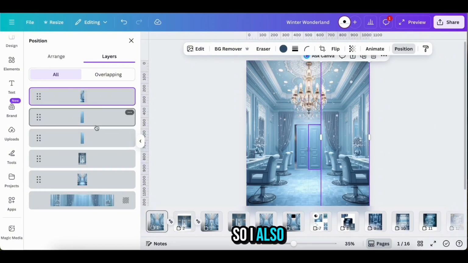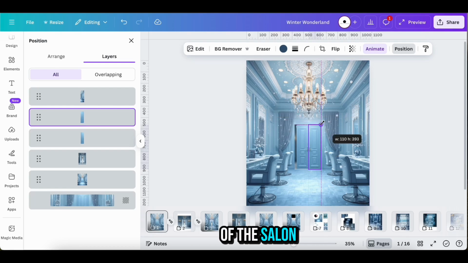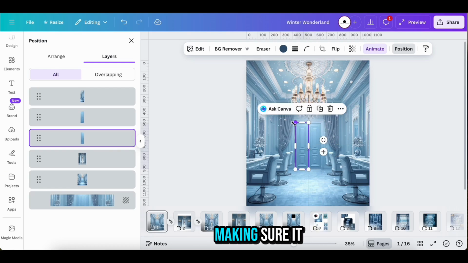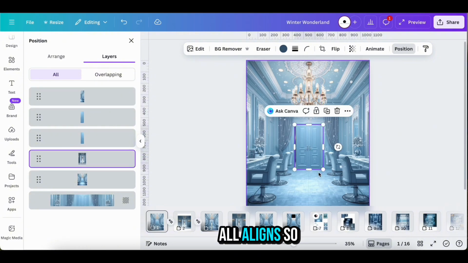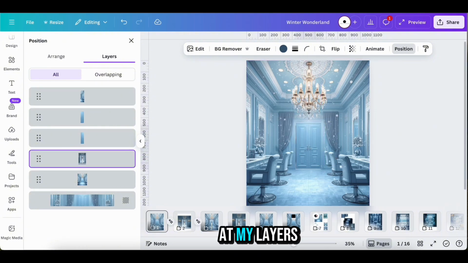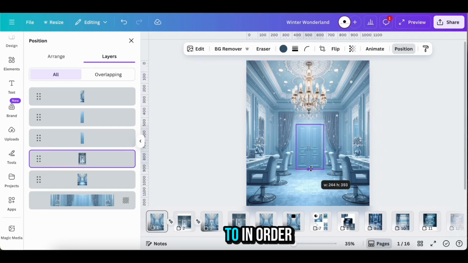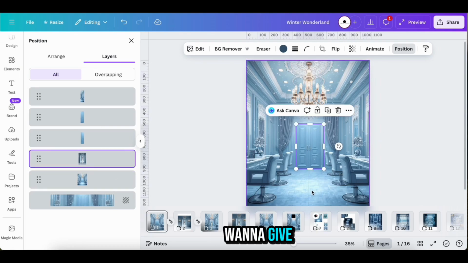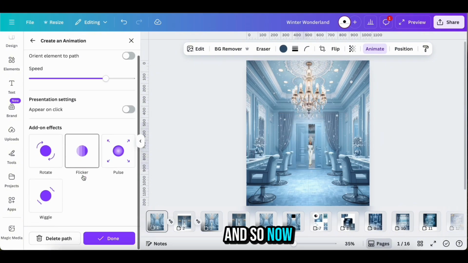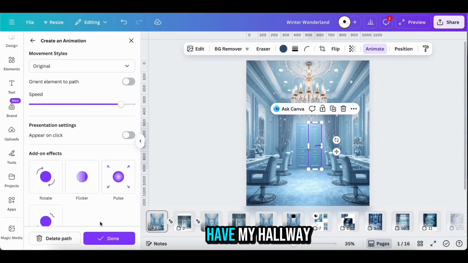So I also duplicated the front of the salon so that as I scoot it over, as you can see, I'm literally making sure it all aligns so that it looks like one piece. But if you take a look at my layers on the side, you'll see that I have multiple layers in order to give the effect that I want to give. And so now that I have my hallway